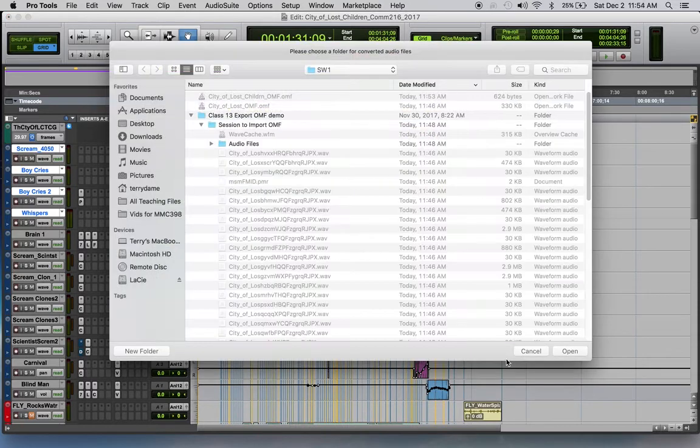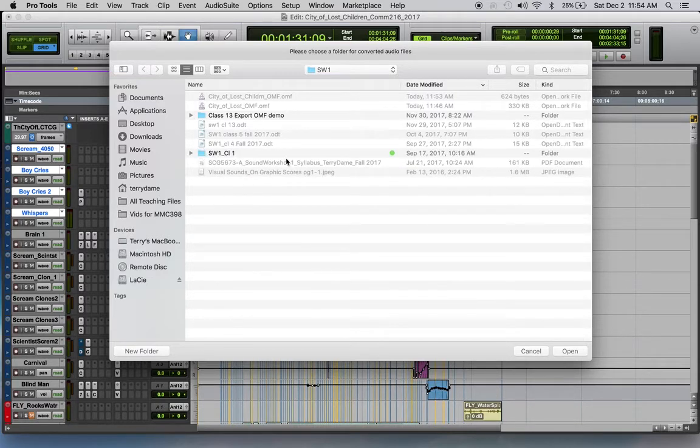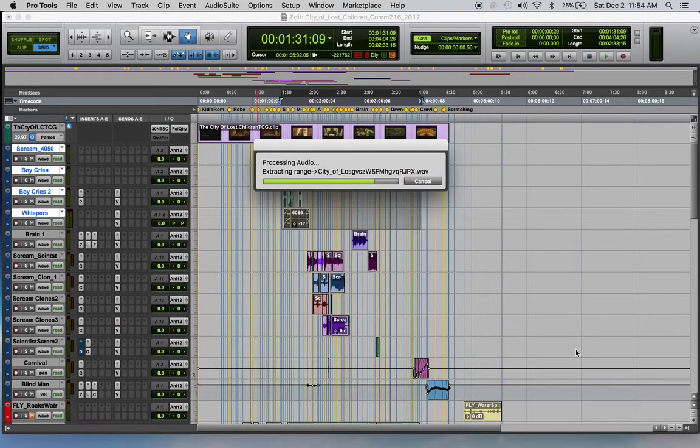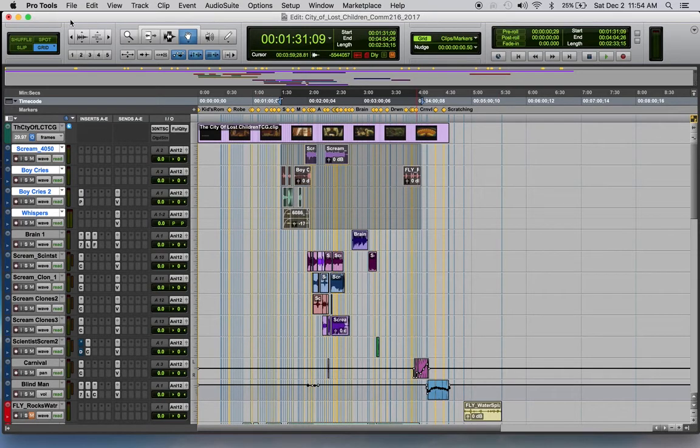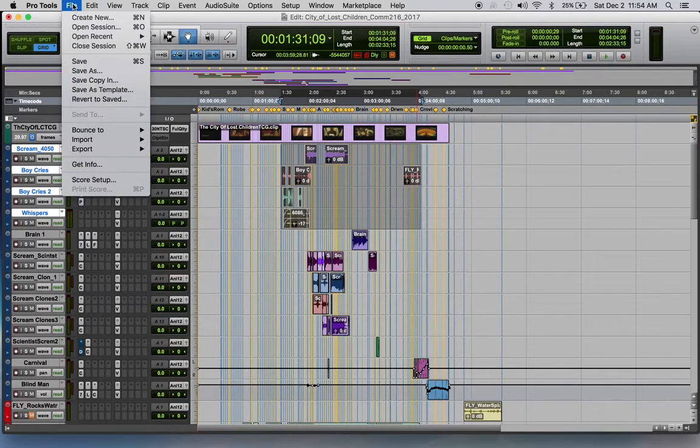Save that, and the last thing it's going to ask you is where does it want to put that converted audio file. So these two save functions, make sure you save this OMF file somewhere where you can easily find it. So you might want to just save it right into your partner's Pro Tools session or onto the desktop or somewhere where you can easily locate it. I'm going to save it just into this Sound Workshop 1 file folder, so I know where it is, and it's processing it, and then we're finished with this session. So you can close your original session,